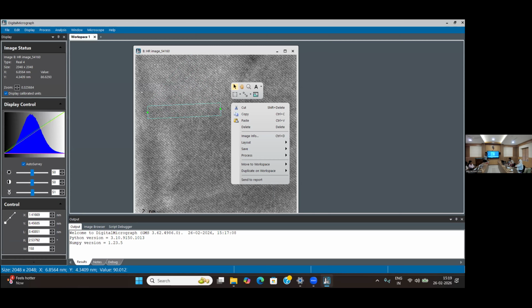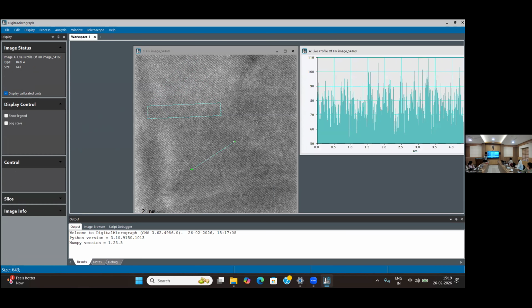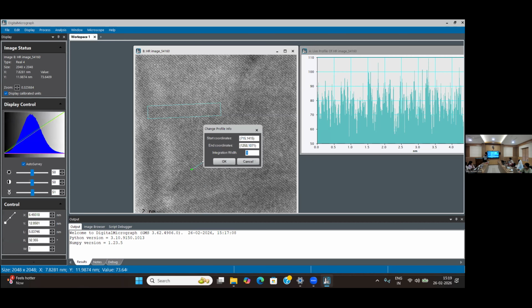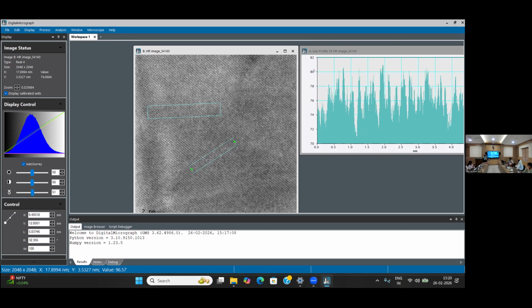Okay, so here I opened one lattice fringe image, and using this profile, I got this. I can select here and then spread this using Control plus. So I put this width to 10, maybe more, maybe 100. Okay, so I spread this, then